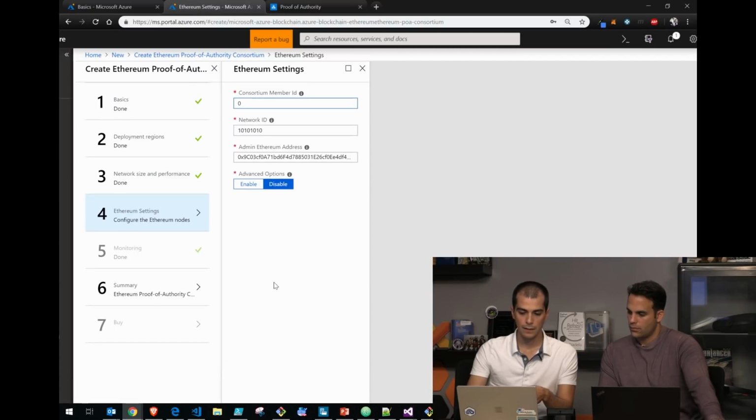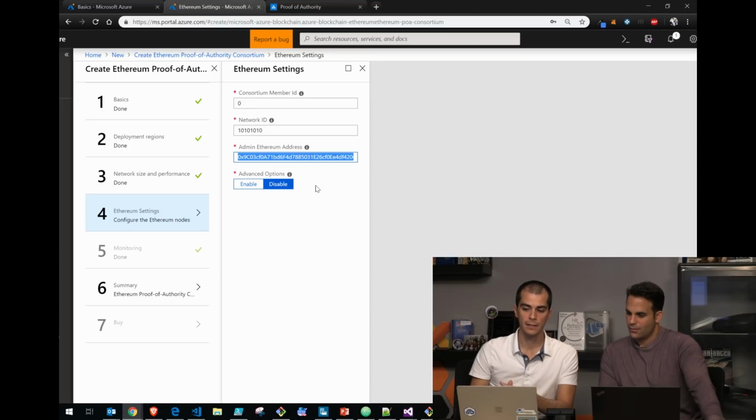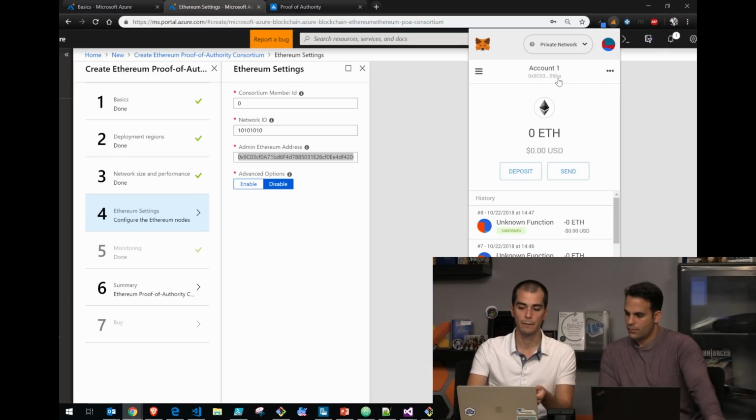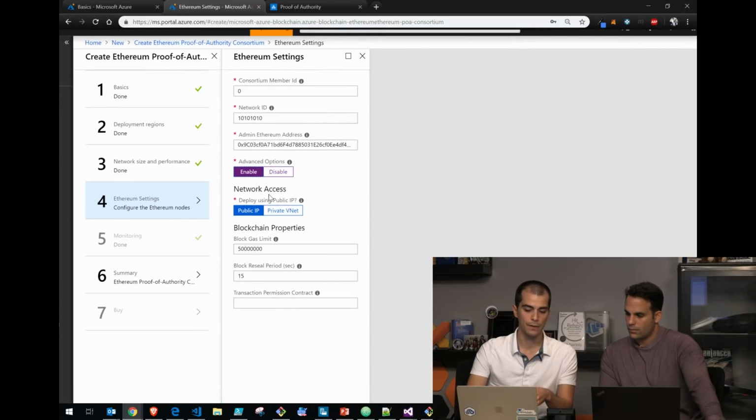Okay, and then here are the Ethereum specific settings. So you'll set your member ID. Each member should have a different identifier. 0 based, of course, for the first member, because we're not barbarians. You'll specify the Ethereum address. And this is something that you can pull from MetaMask or really any kind of Ethereum wallet. This represents your admin account that is going to be used for participating in the governance on the Proof of Authority network. And then we have some advanced options that allow you to specify whether you want to deploy